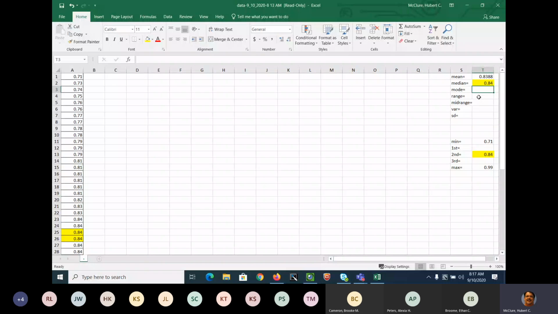Range is equal to the max minus the min. Okay. Somebody's microphone is on. Mid-range is equal to the lowest plus the highest divided by 2. And then the variance, well, I'm going to take each one of these numbers and I'm going